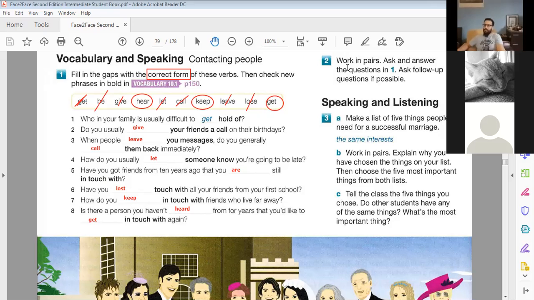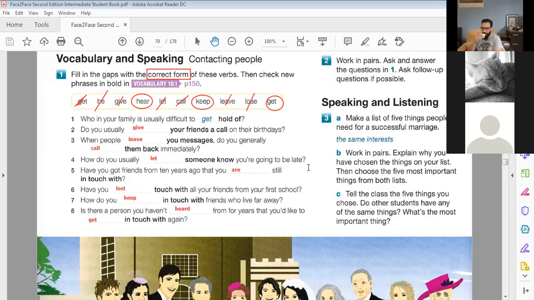All right. Now, number 2, work in pairs, ask and answer the question. Interesting. Okay, so Brahim, you can continue asking the questions. Noha already answered question 1. She said, almost all my family are sometimes difficult to get hold of. And you can ask her the other questions, Brahim, and let's see what she has to answer. Okay. All you need to do is just ask her the questions we completed. So we can find out how she contacts people and get more information about them.